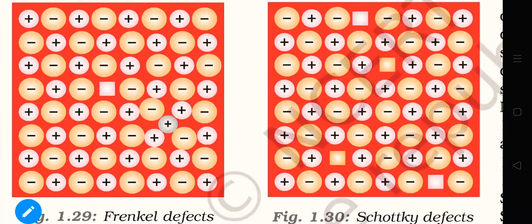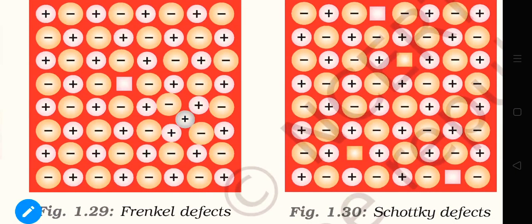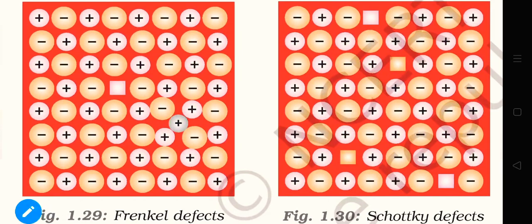Now in Frenkel defect some compounds are mentioned, for example ZnS, AgCl, AgBr, AgI. These compounds have a comparatively larger difference in their ionic radii. That's why they show Frenkel defect. But there is a common example: AgBr is mentioned in both Frenkel defect and Schottky defect. Silver bromide has intermediate ion sizes, that means the sizes of its ions belong to the Frenkel as well as the Schottky defect range. So that's why it can show both types of defects.